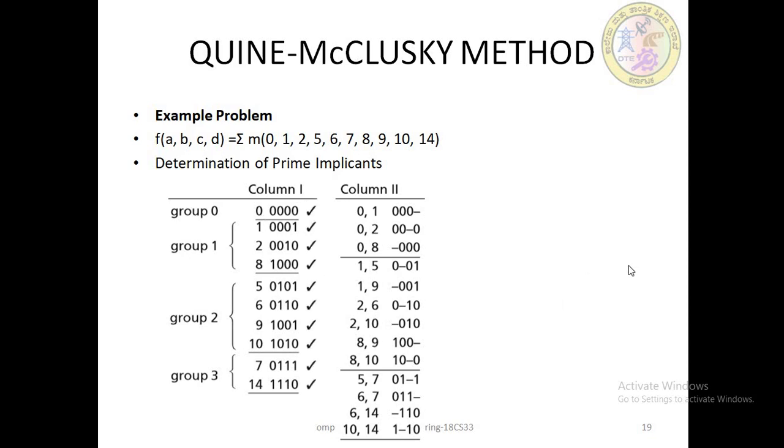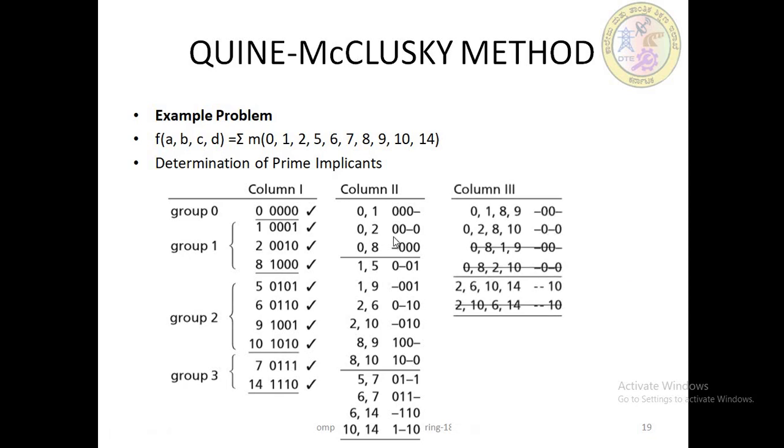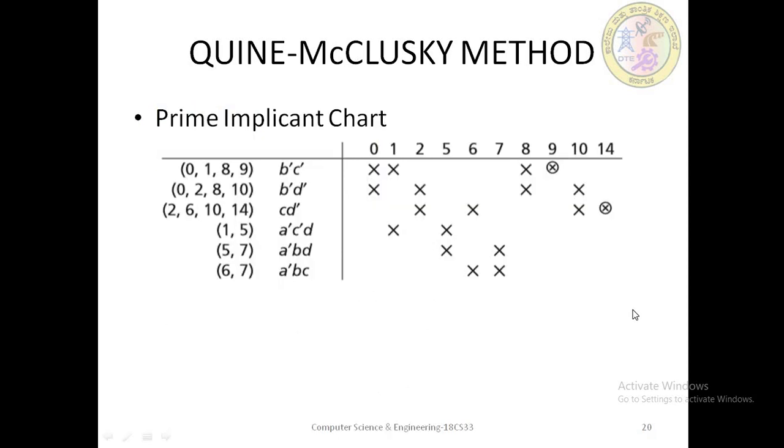So once it is done, we'll be taking it out like this. And once stage 2 is done, we will be moving to stage 3. We will be comparing this one with this and this one with this, and there should be only one single code change, and we will only be considering those conditions. Here you can see at the end we will be ending up with only AB, BC, and so on. Once it is done, we will do it like this. And how will we represent that?